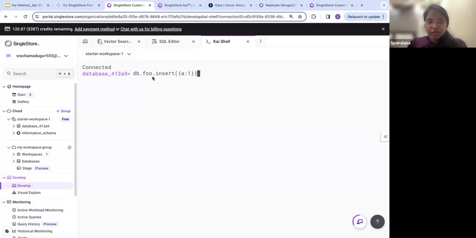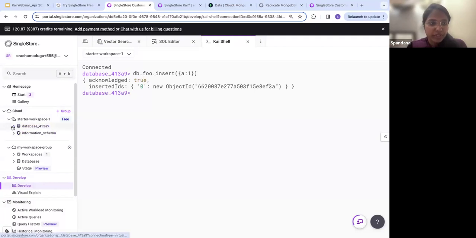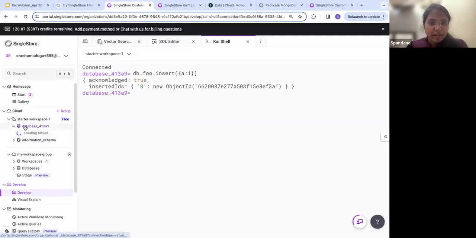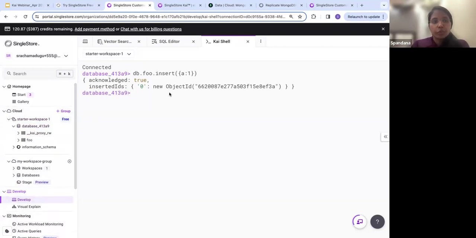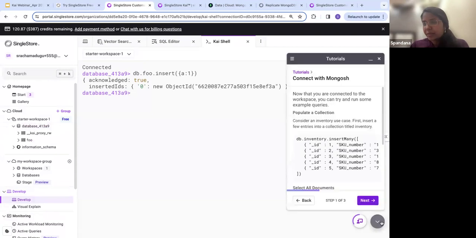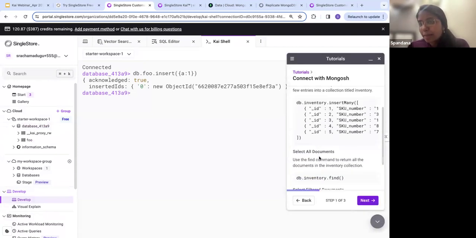And this would insert a document. So it would create a collection called foo, and this particular document would be inserted into it. You can do multiple advanced use cases. There are certain tutorials to help you run some sample